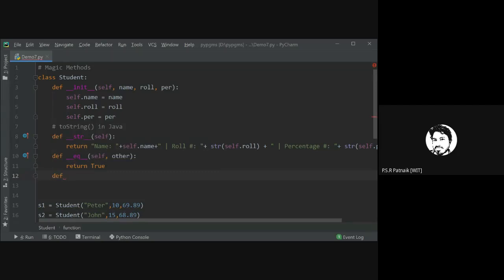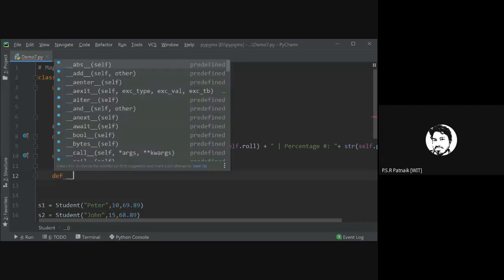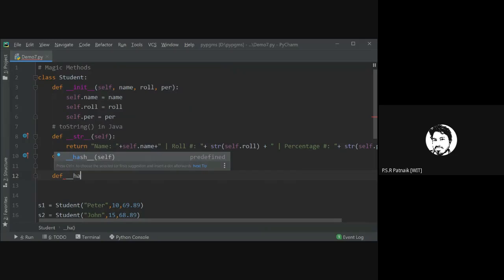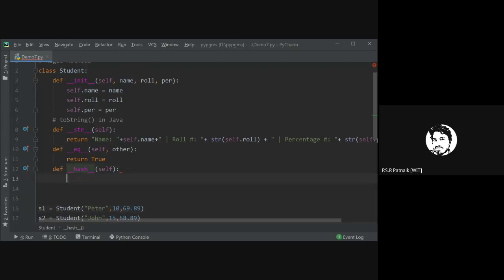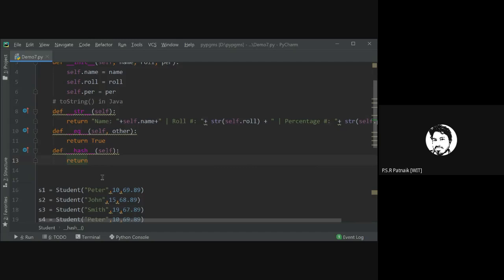And there is another one called hash. So we return some value here. Okay, so let us understand that.